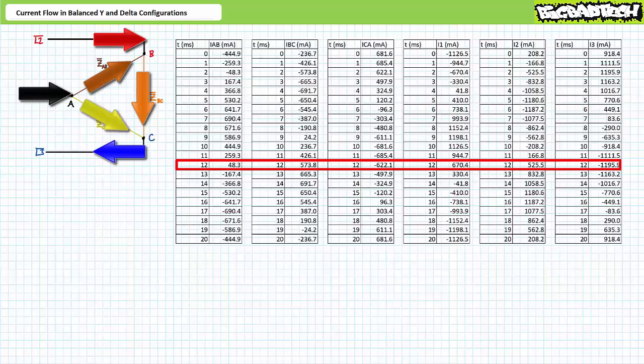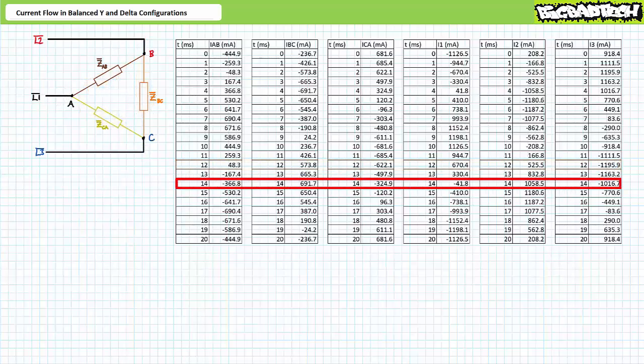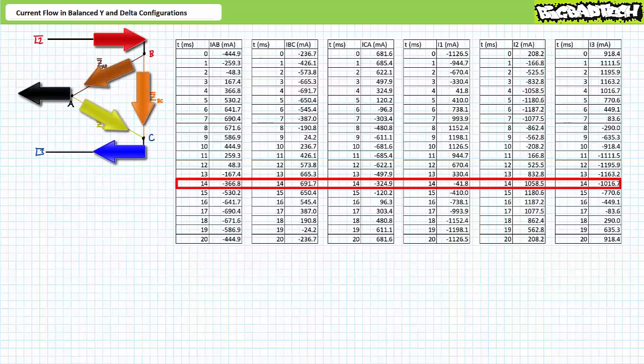670 milliamperes of current enters node A, 525.5 milliamperes of current enters node B, and 1,195.9 milliamperes leaves node C. At t equals 14 milliseconds, 366.8 milliamperes of current travels B to A, 691.7 milliamperes of current travels B to C, and 324.9 milliamperes of current travels A to C. 41.8 milliamperes of current leaves node A, 1,058.5 milliamperes of current enters node B, and 1,016.7 milliamperes of current leaves